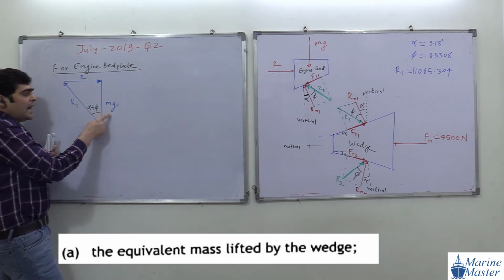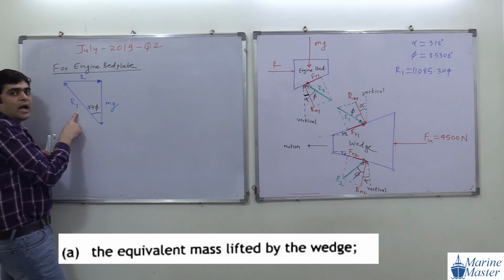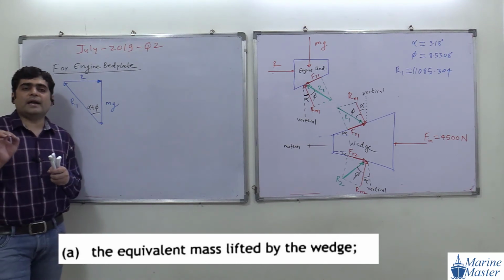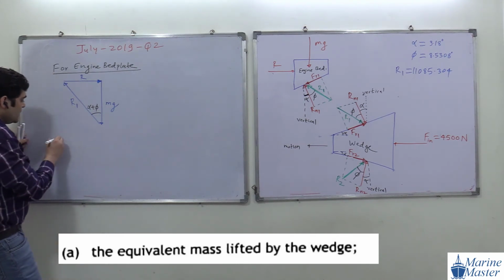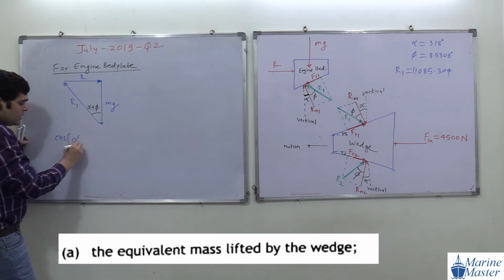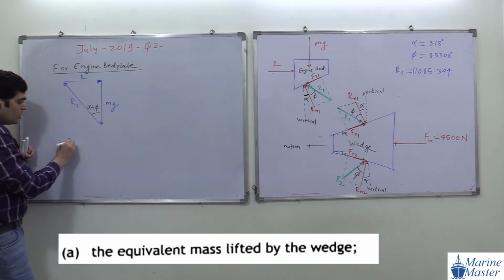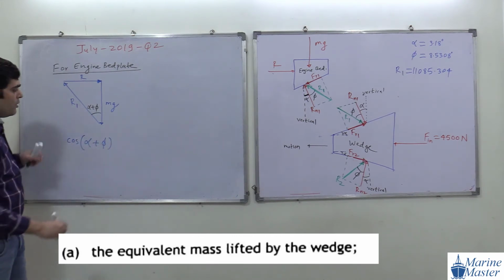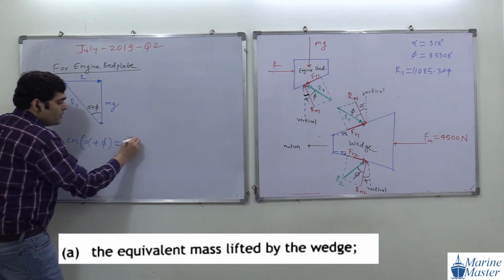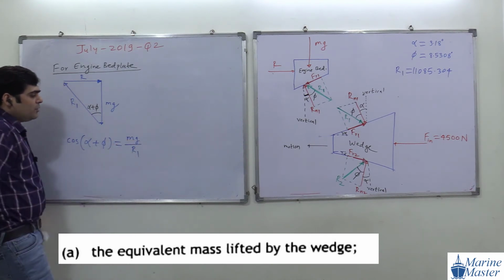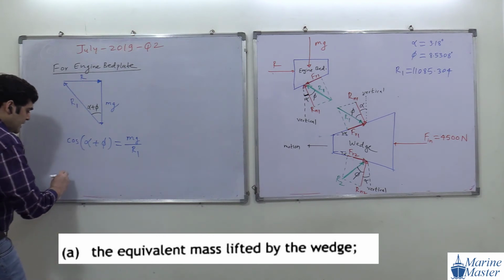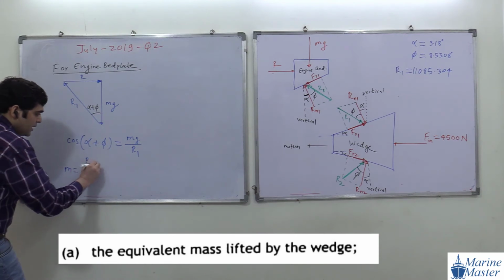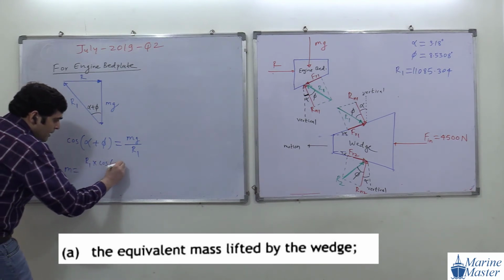This mg is adjacent. R1 is hypotenuse. What is the relation between adjacent and hypotenuse, guys? Cos. Okay, good. So what we can write? Cos of alpha plus phi will be equal to mg upon R1. See the scenario. So what we can write? M will be equal to R1 into cos of alpha plus phi